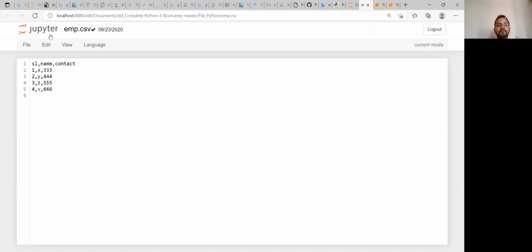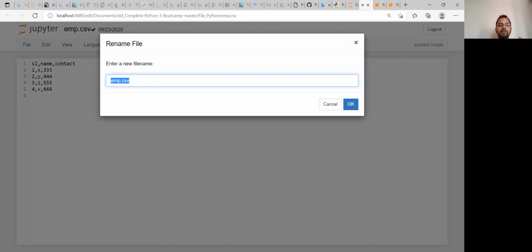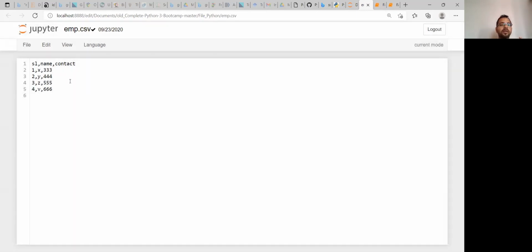This is a sample file, emp.csv. The file extension is .csv, nothing else. All the elements are separated by commas, not spaces or tabs. That is the simple format of a CSV file.